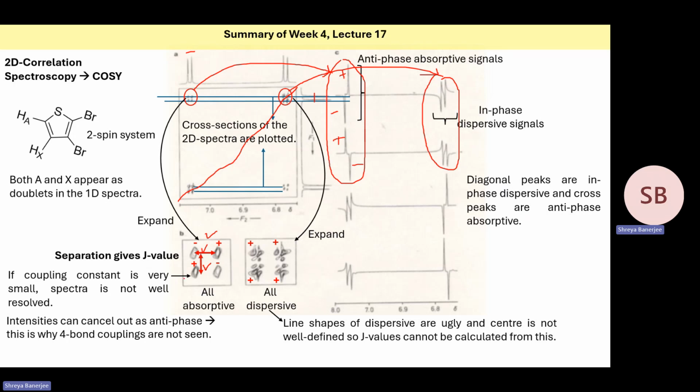But it is better to calculate the J value from the absorptive spectra, that is the cross peak, because you can see in the absorptive spectra,